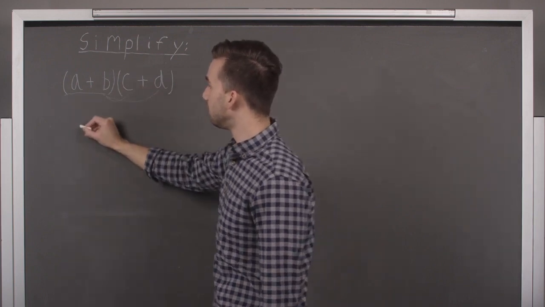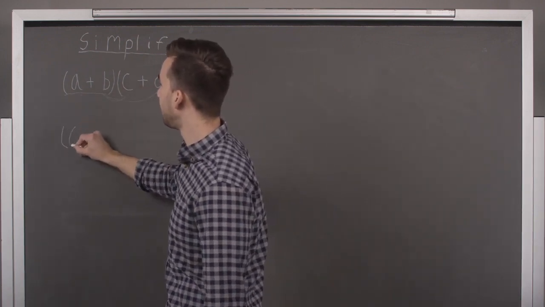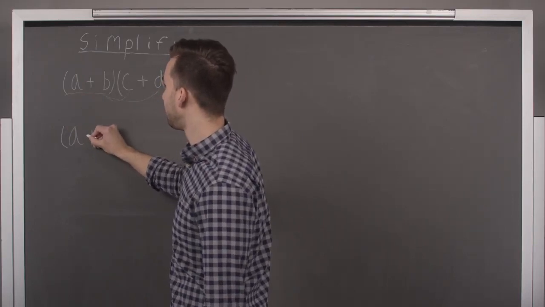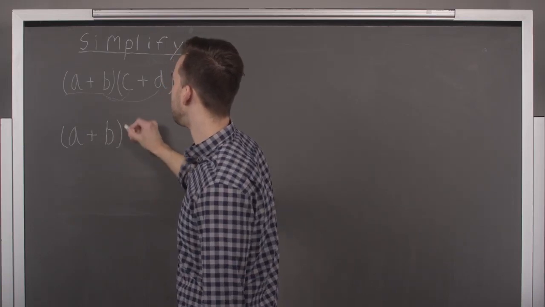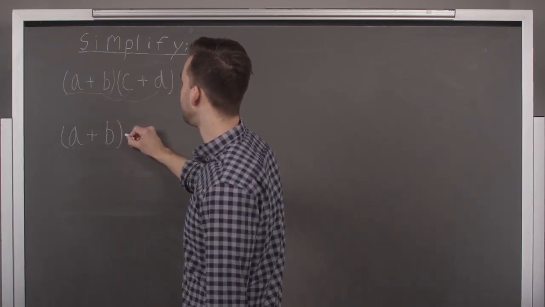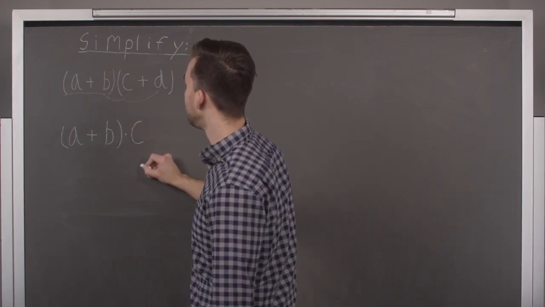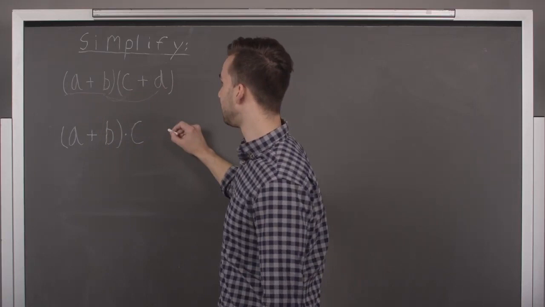So we take the outside, a plus b, and we can multiply that by the first element times c. And then we do the same thing, multiply the outside by the second element